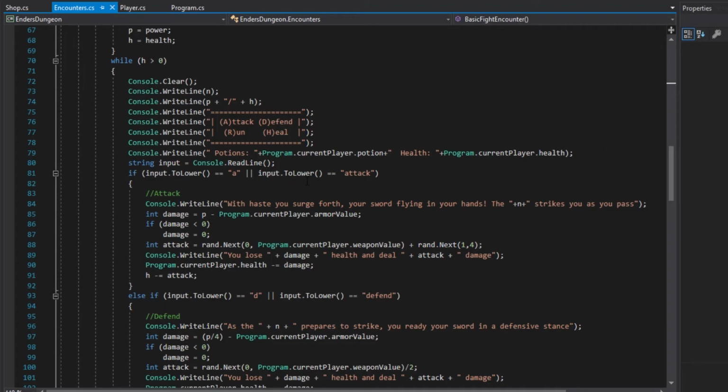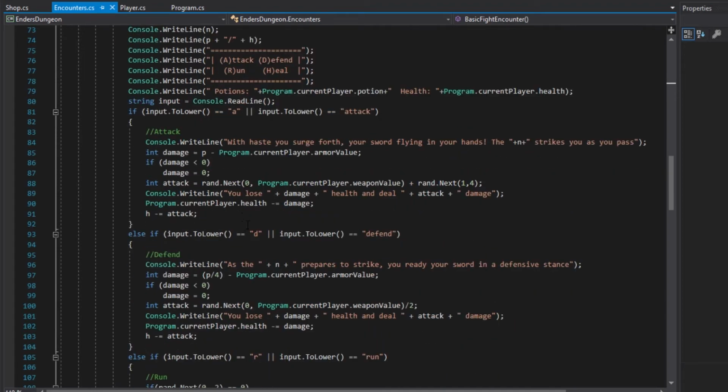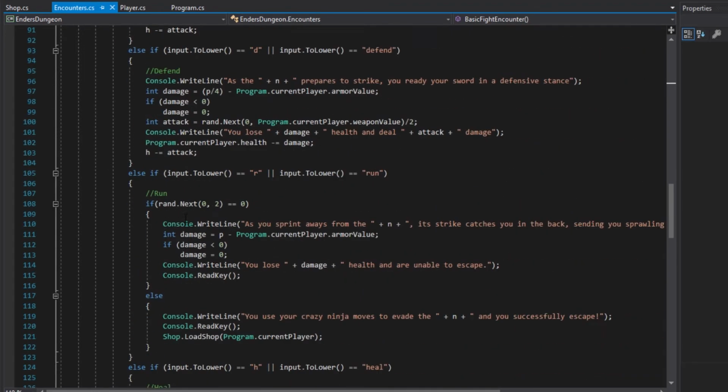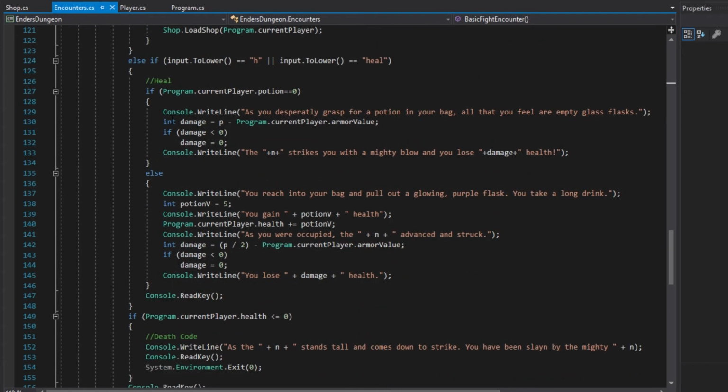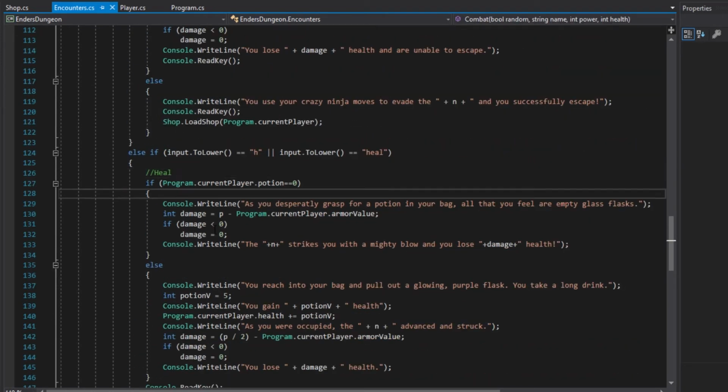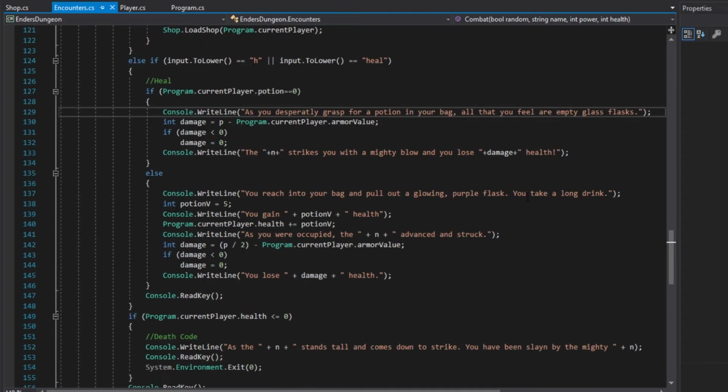So we're going to go find our heal command here. Well, that's in the case that they're empty. I believe that's the potion value. Okay, so